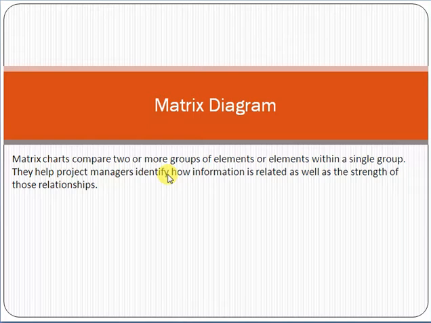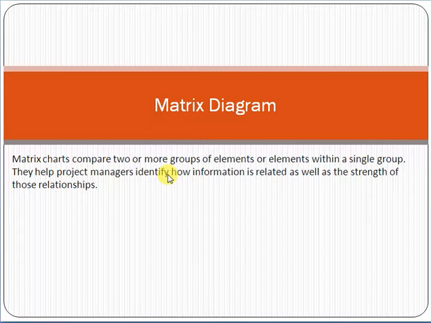If you are studying project management and you are planning to give the PMP exam, or you have to give a project management exam in university, this topic is important, and you will see it in the multiple choice options. So it is important for you to understand the concept of matrix diagram. Remember one thing, friend: as a student, you don't need to draw the diagram in the exam. You just need to understand the usability and the purpose of the matrix diagram.